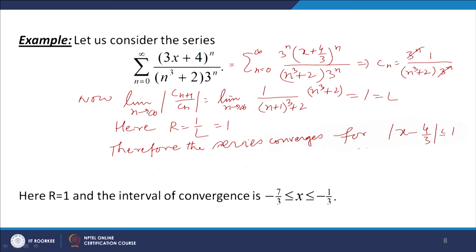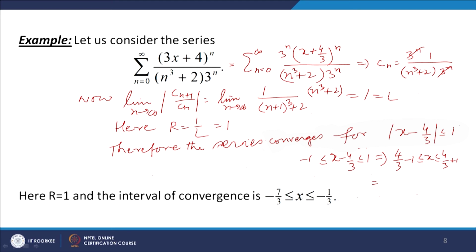Okay. Or I can say minus 1 is less than or equal to x plus 4 by 3 less than or equal to 1, which gives you minus 4 by 3 minus 1 less than or equal to x less than or equal to minus 4 by 3 plus 1. So, what we get is